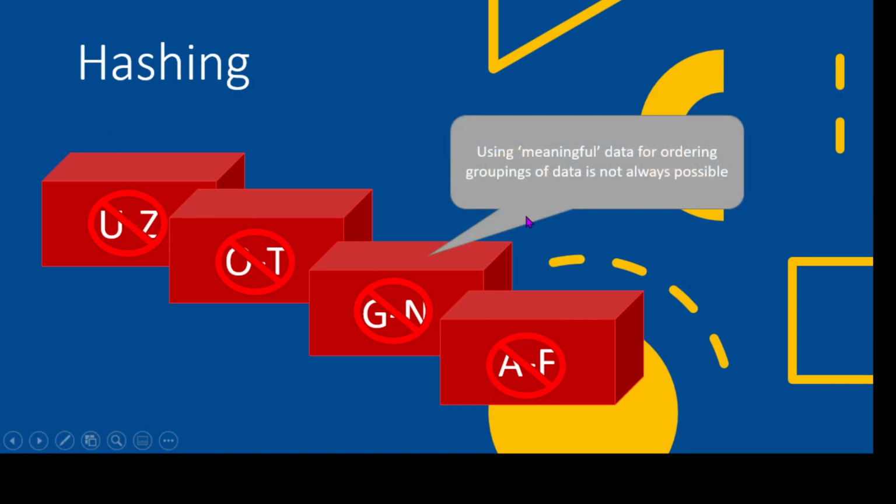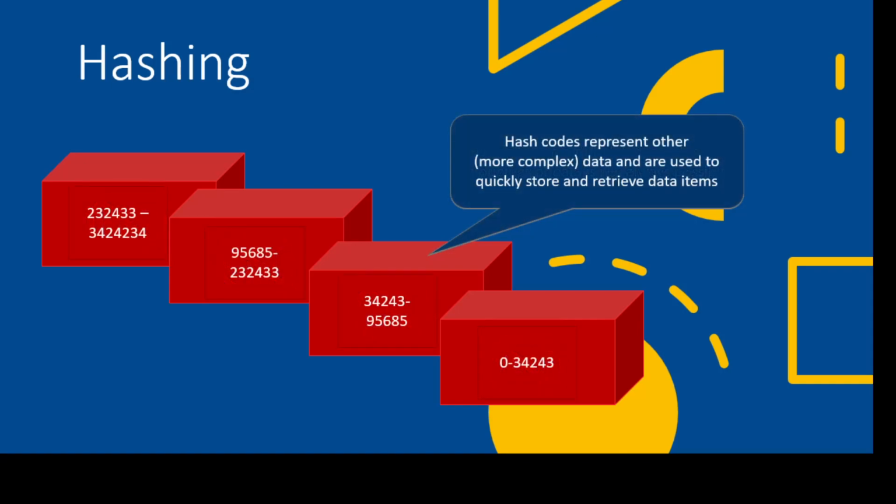Hopefully it looks better for you on the recording, but we don't always have a convenient way of ordering things. You don't always have a last name, and we can order things alphabetically by last name. So what we do is we use a hash code, which represents some numerical value. You can see there's really big numbers here, and I just put some random numbers there. But we take